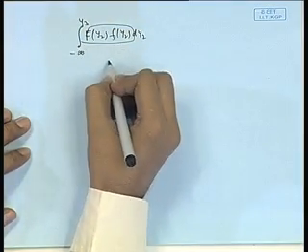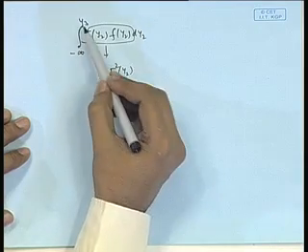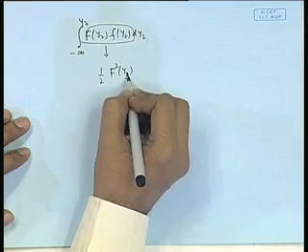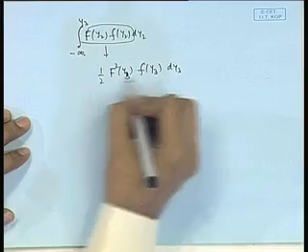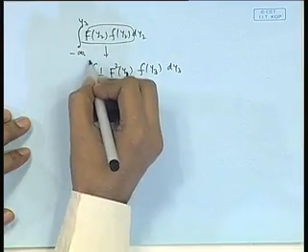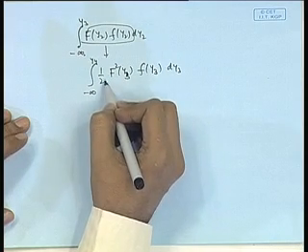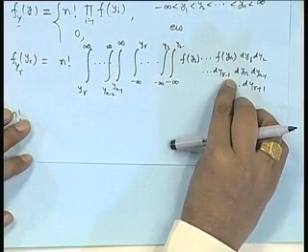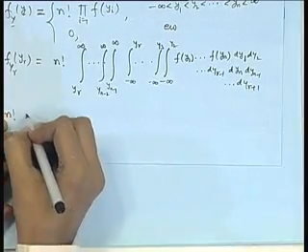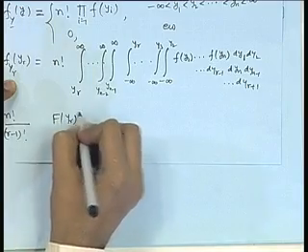Now, notice that if we integrate this, we will get half F square y2, and again if we substitute the limits, I will get half F square y3, and at minus infinity this will be 0. So, at the next stage the integrand will be this term from minus infinity to y4. Next it will give F cube of y4, and here it will be 1 by 2 into 3. Now, this step will continue up to F of yr minus 1. So, the last step will give us F of yr to the power r minus 1 divided by r minus 1 factorial,